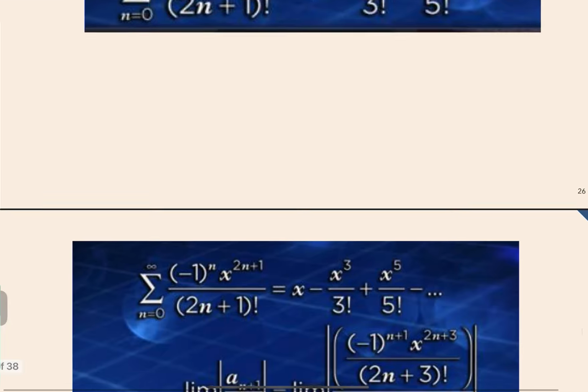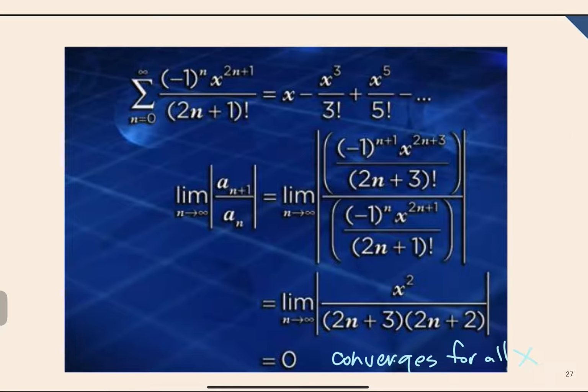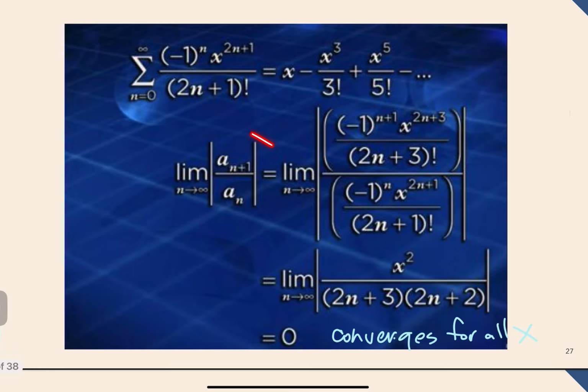Now, where does this converge? Where does the series converge? Well, we've got to use the ratio test, and it's again quite complicated because of the many factors. Just the same, we have to take the limit of successive terms, a sub n plus 1 over a sub n in absolute value. So we have in the denominator negative 1 raised to n, x raised to 2n plus 1 over 2n plus 1 factorial. And in the numerator, the next term, negative 1 raised to n plus 1, x raised to,